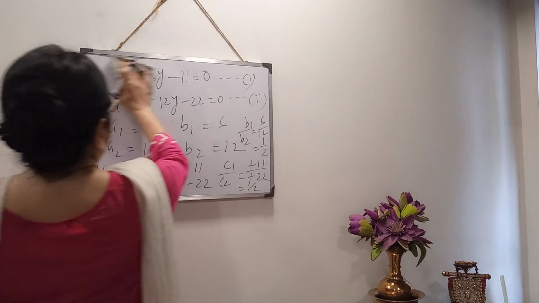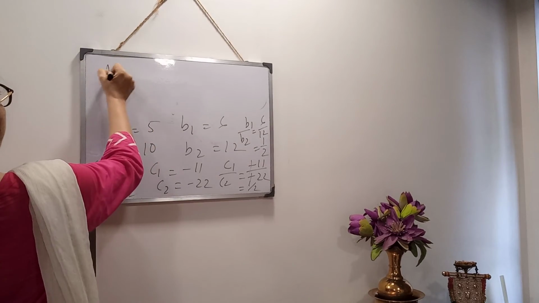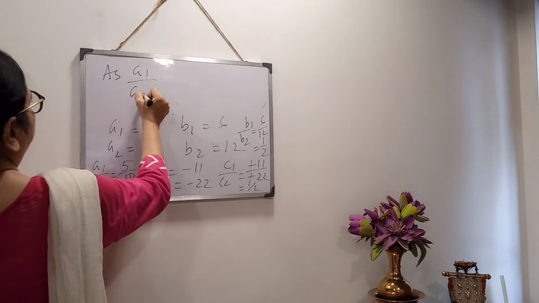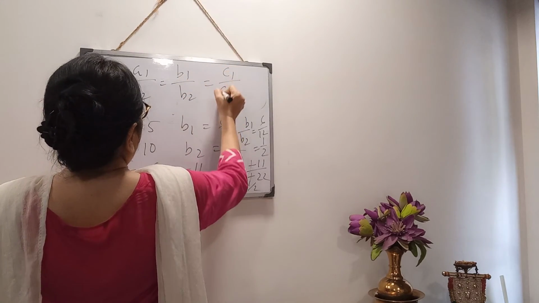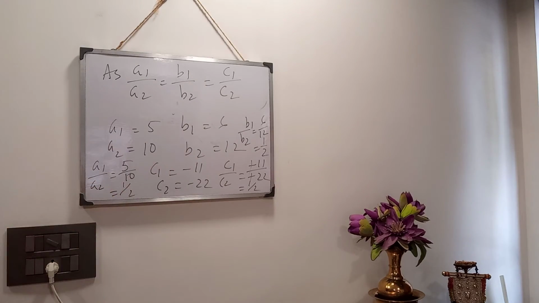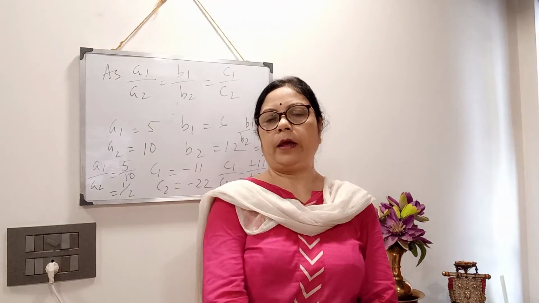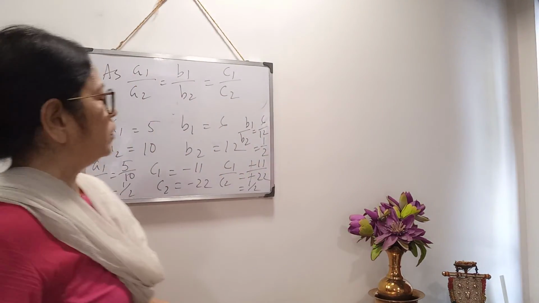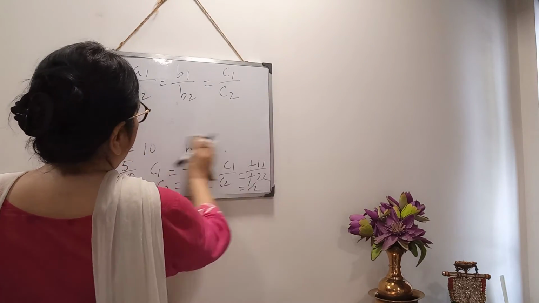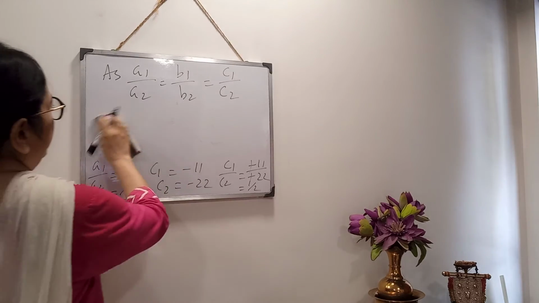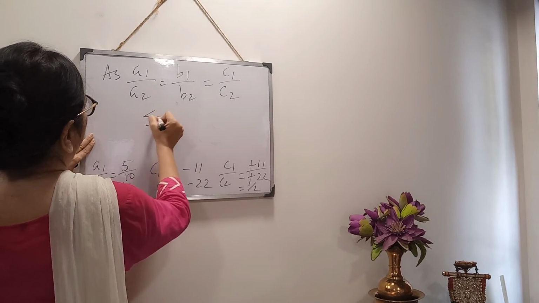So what we are getting is a1 by a2 equals to b1 by b2 equals to c1 by c2. So if the condition is that, then we know the equations are solvable, but we will get infinite number of solutions. That means in this case, if we draw the graph of both the equations, then we see that the two straight lines will coincide. So we will get many solutions. So your answer will be solvable